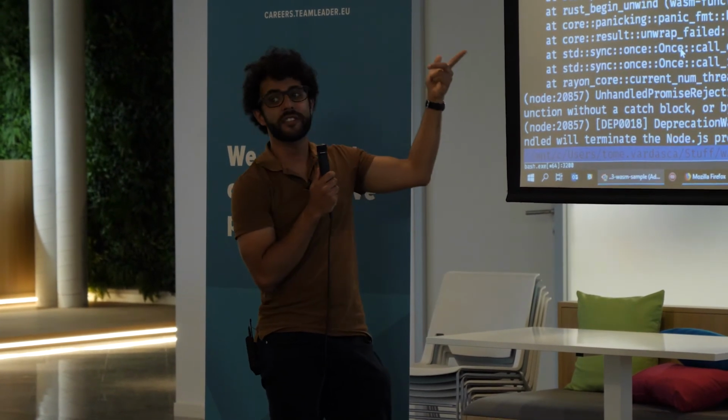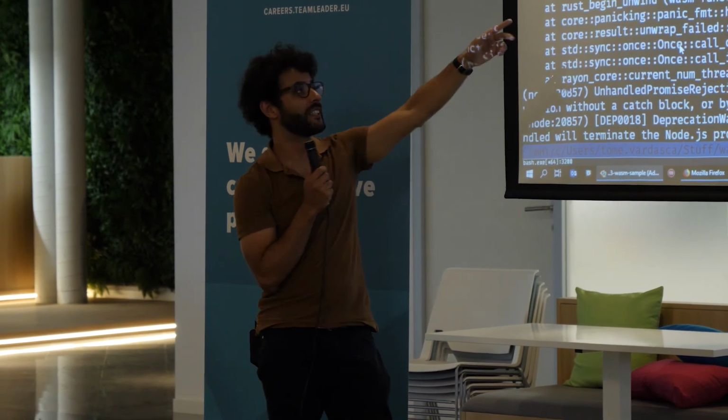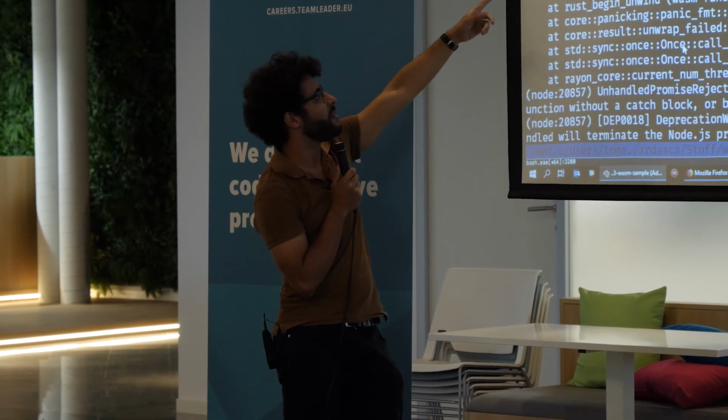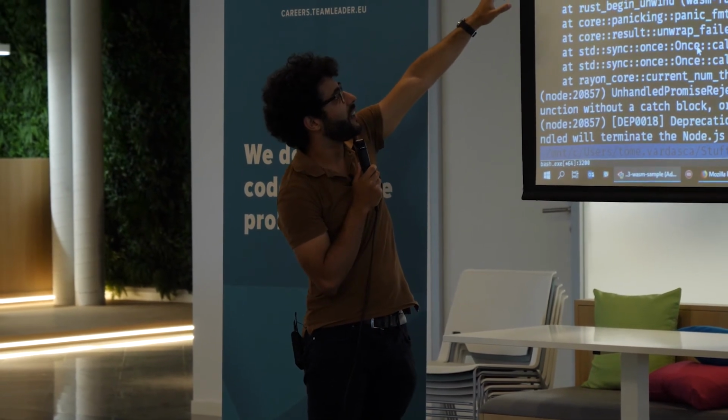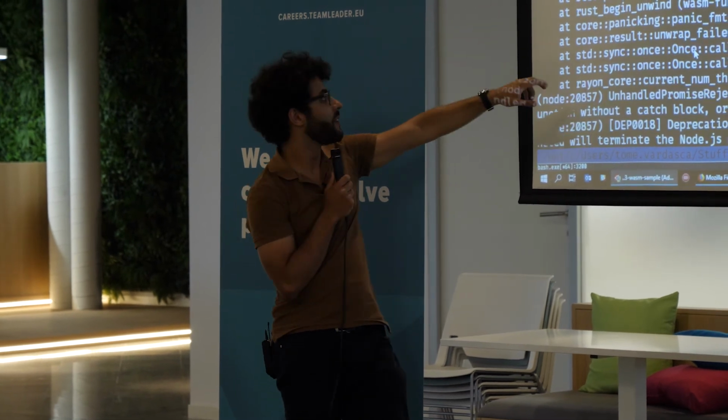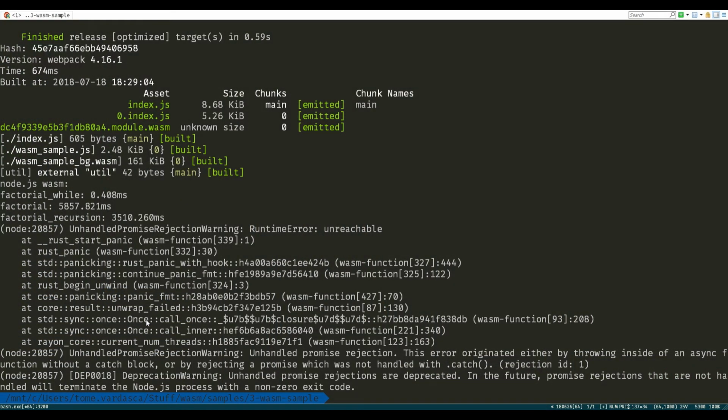It's not that much faster than JavaScript. JavaScript was 3 milliseconds, I think, or 1 millisecond, but this one is just half, and the factorial recursion is on par with the Rust code. And then the last one, the parallel, failed because there aren't threads in WASM. That's why it fails. It compiles, which I think it shouldn't do, but it does. It just gives me an error when it tries to get the current number of threads or something.